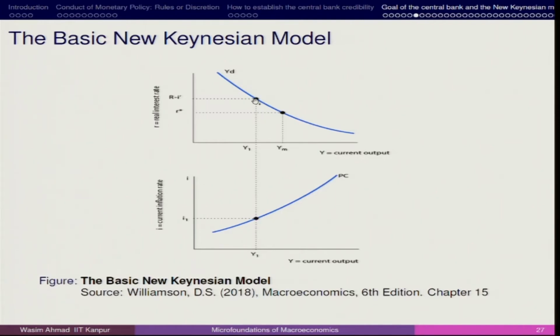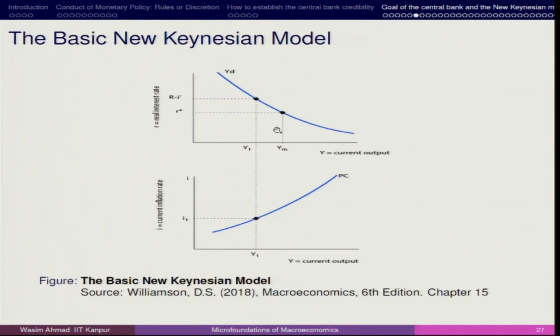Here the current inflation rate is I1, that is okay, but we have an output gap created, and this output gap will create trouble. As long as you are here, you have a positive output gap. So from the output gap side, the central bank is not able to meet the target, though from the price stability side it may. But what are the situations in which we can bring this point to Ym, so that this gap disappears?